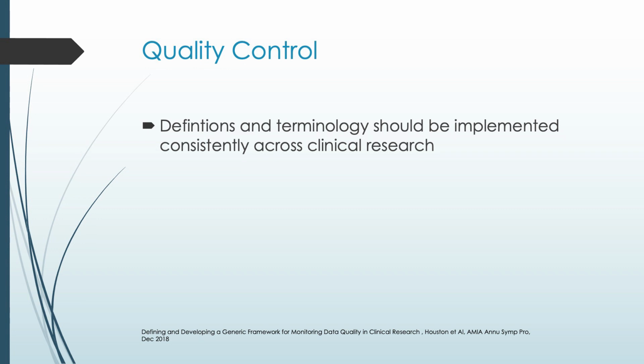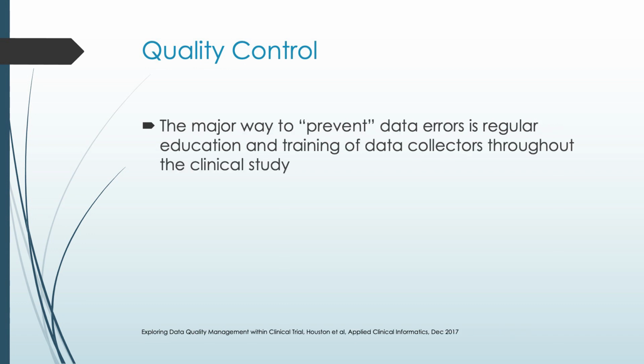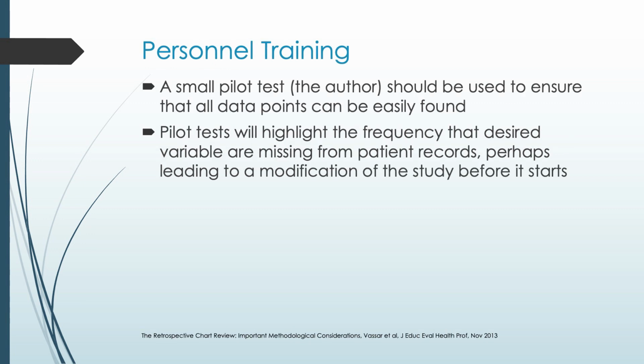Now, with regards to quality control, definitions and terminology should be implemented consistently across clinical research. The major way to prevent data errors is to regularly educate and train data collectors throughout the clinical study. So, let's say you've created your patient case report form. As the author, you will yourself do a small pilot test to ensure that all the data points can be easily found in the system and can be easily placed in the case report form. The pilot test will highlight the frequency that desired variables are missing from patient records,